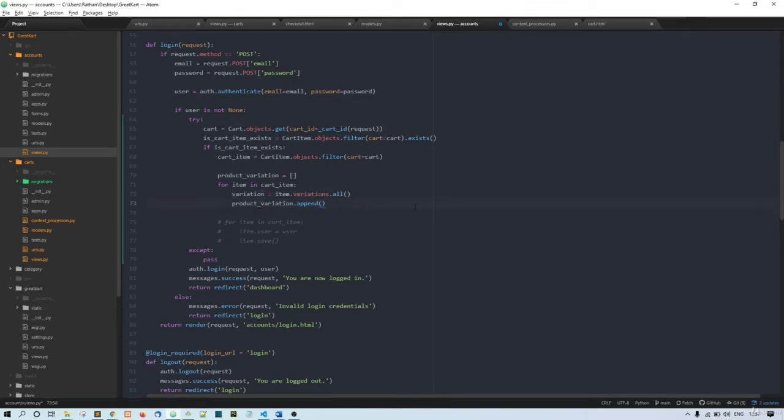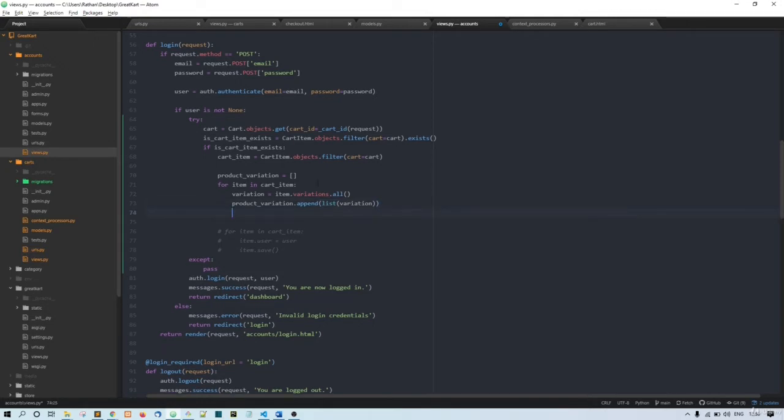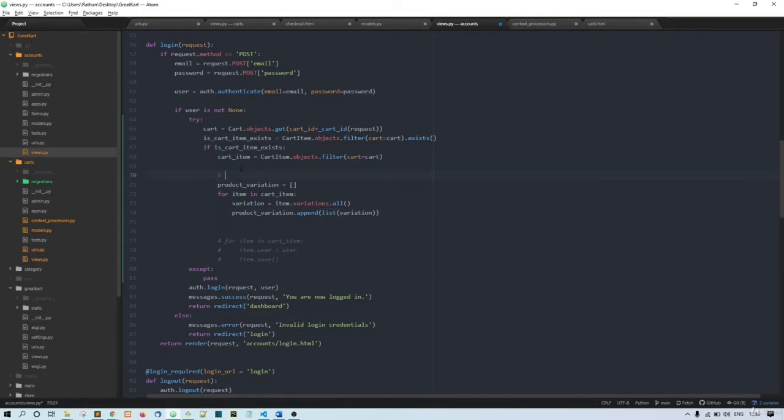While appending, I will make it a list, because by default it is a query set. So I need to just convert it to a list. Now this is actually getting the product variation by cart ID. Cart ID, that is this one, right? So here,